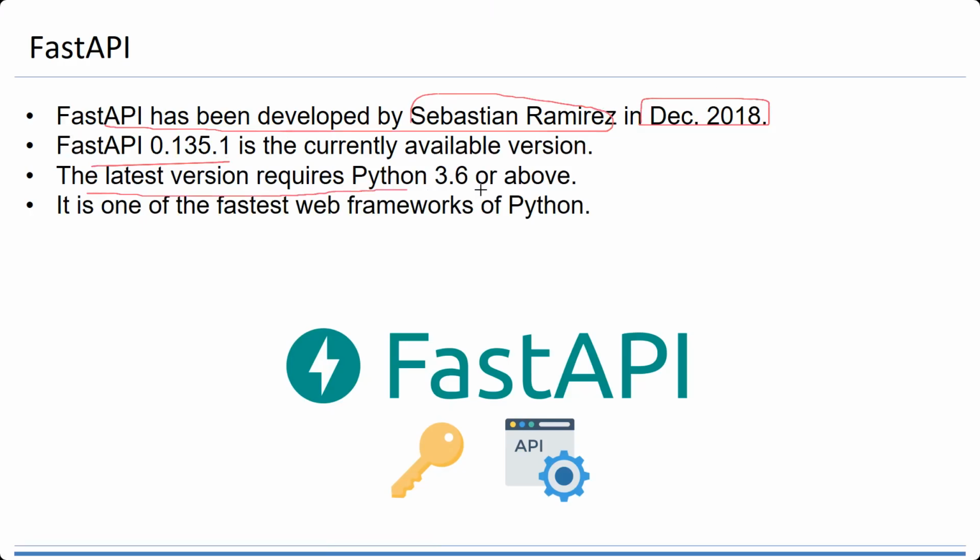The current version of Python is enough, because the latest version requires Python 3.6. So I'm not sure if you are using the latest Python, but if you are using Python more than 3.6, I think it will be enough to use FastAPI. And people claim that it is one of the fastest web frameworks of Python,